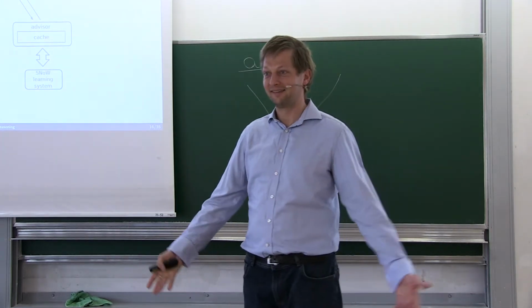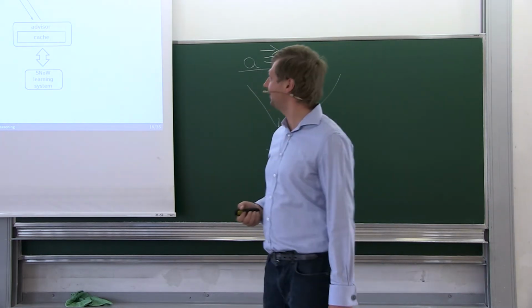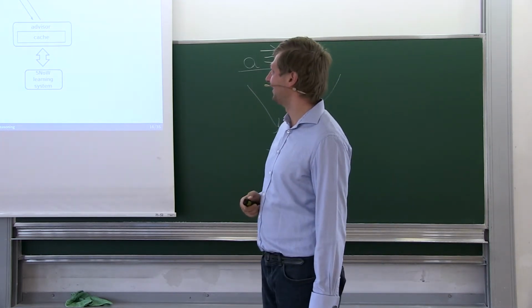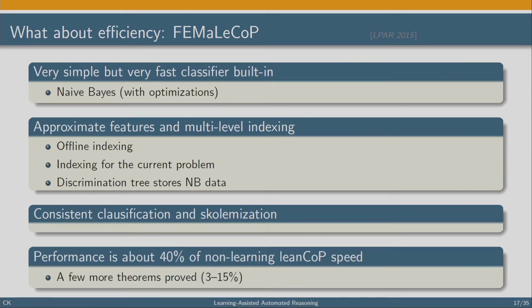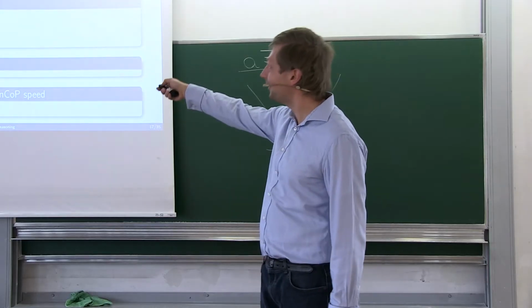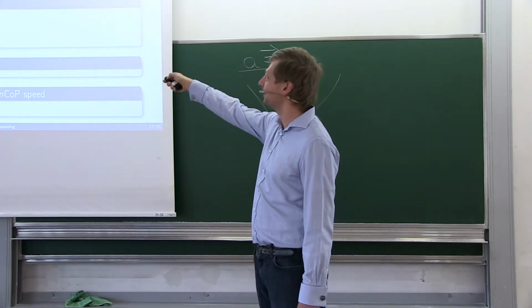So we had one thing that we could do, get some efficiency. The other motivation came from Jens Otten. Jens Otten, the author of LeanCop, said at the conference where this was presented, "Well, you gave me a male cop, what about a female cop?" And so 4 years later, there was a fairly efficient machine learning connection prover, so female cop, which